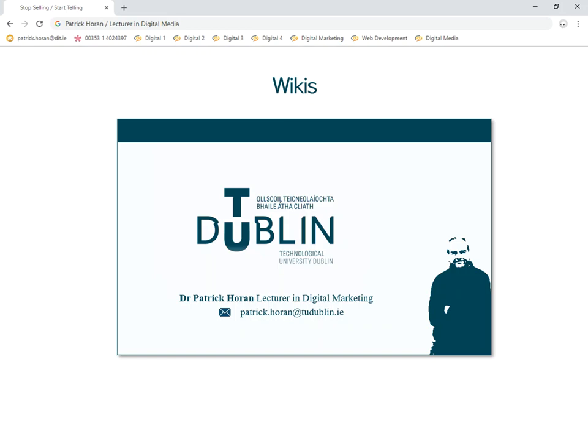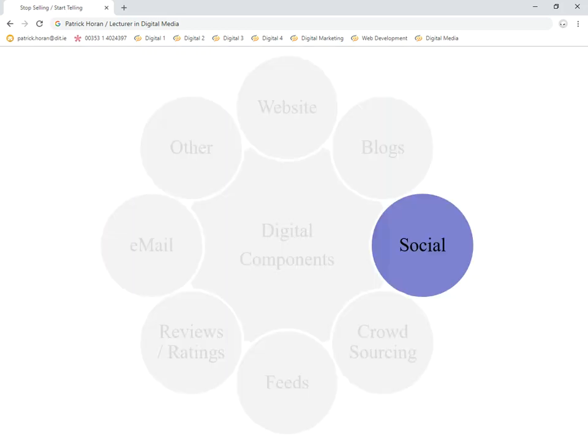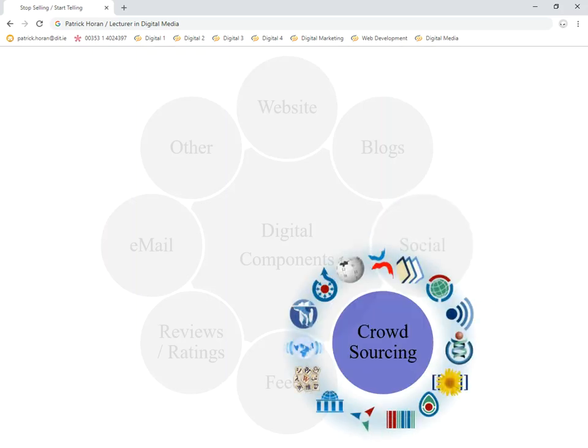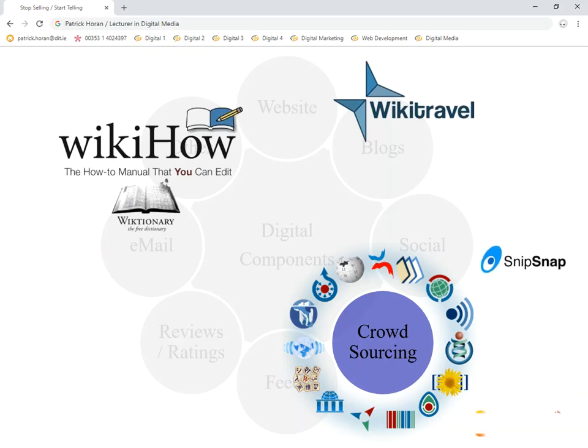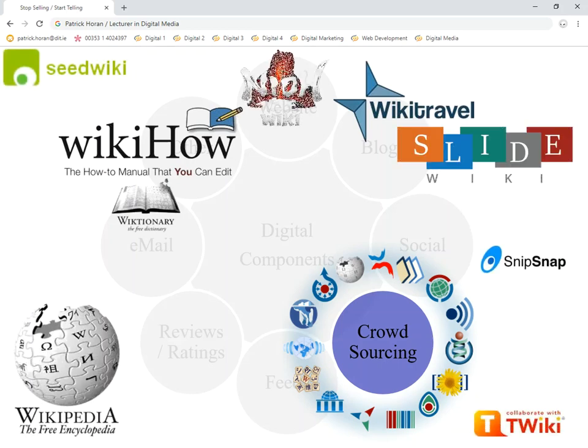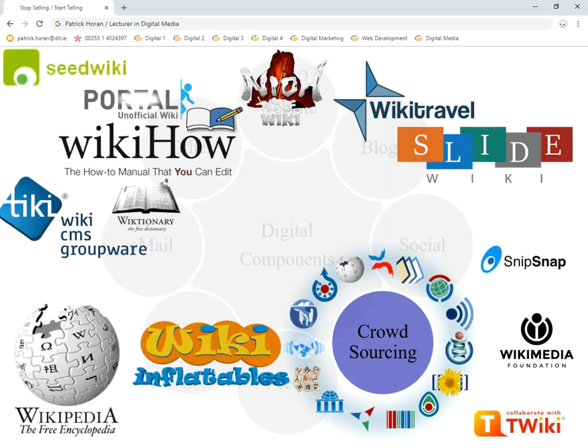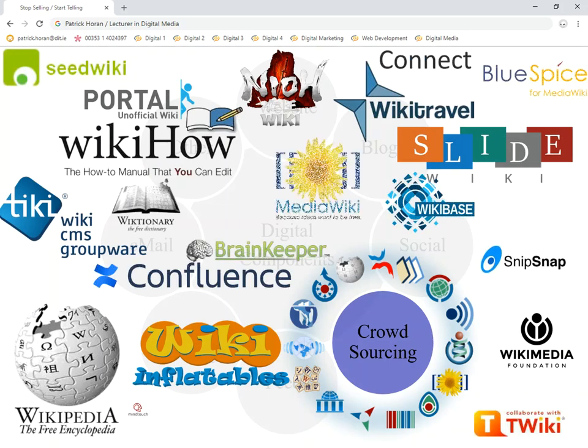This tutorial looks at wikis and how we might use them from a digital marketing perspective. They fall under the category of crowdsourcing, and crowdsourcing is quite often described as the knowledge of the masses. The most common wiki out there is by far Wikipedia,